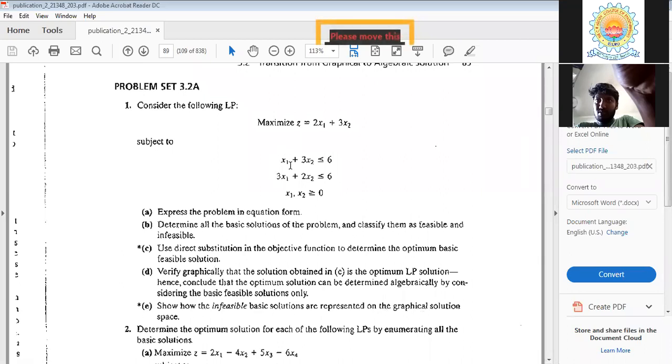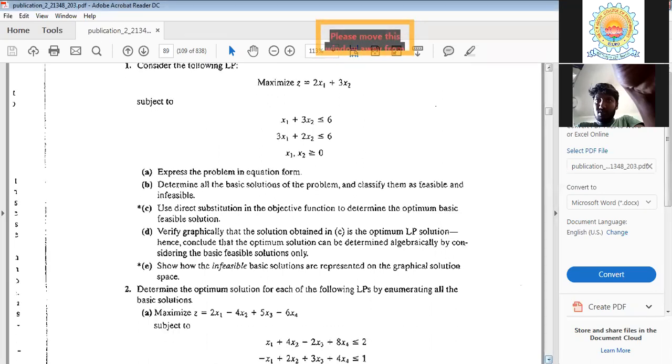So if x1 is equal to 0, x2 is equal to 2. And if x2 is equal to 0, x1 is equal to 6. Similarly, if x1 is equal to 0, x2 is equal to 3. And if x2 is equal to 0, x1 is equal to 2. And you have to write down the coordinates for the particular problem if you assume these x1 and x2 values. Similarly, whenever you find the solutions,